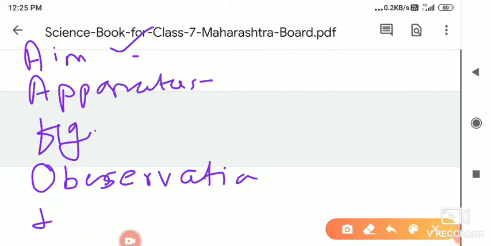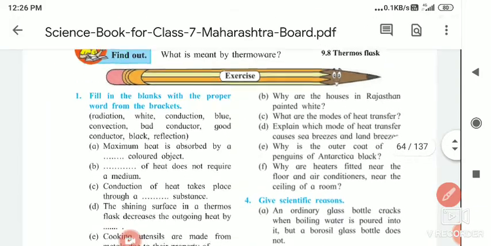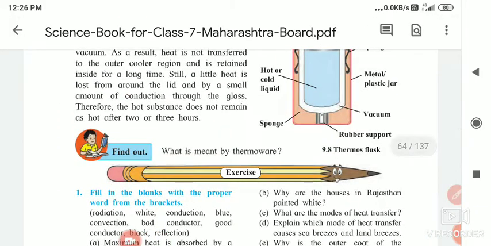The inference is the main point that will come in the practical exam, so you have to note it down. You have to make a video while doing your practical, and after half an hour you are going to send me that video on my personal number. Based on your experiment, or the practical paper you send, I am going to give you the marks.